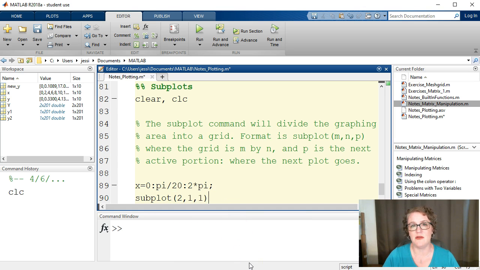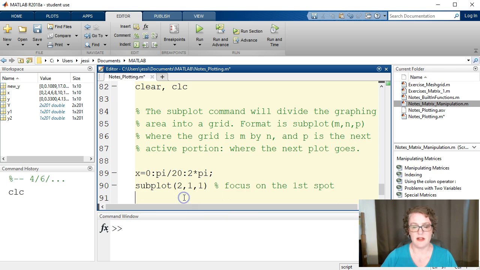And this is going to index those positions in exactly the same way MATLAB indexes a matrix. So if you had a 3 by 3, it would go position 1, 2, 3, 4, 5, 6, 7, 8, 9. Okay, so this is just telling MATLAB, hey, focus on the first spot because of the 1 right here. It's a 2 by 1, but I'm saying turn your focus to the first spot, and this is where this